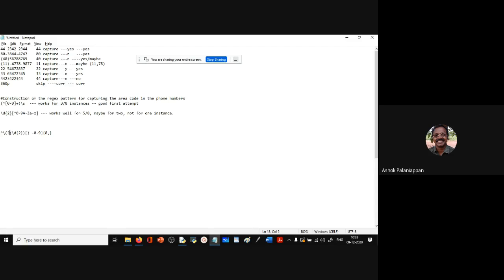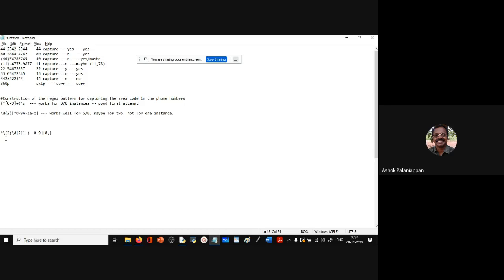And then we have 2 digits, and these 2 digits are within a parenthesis, within a group, and this is extracted. So this is the area code we want to extract, and it is nicely extracted here. We just say group of 1 and it will be returned. And then it's followed by the rest of the phone number, and we are specifying the format for the rest, so that those that are false will not match this particular pattern. We also want to skip those that are not phone numbers, so we also specify the rest of the pattern here.